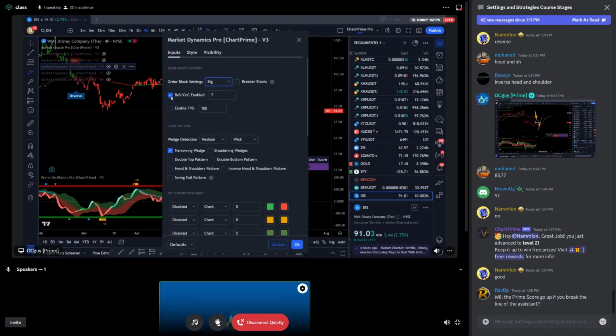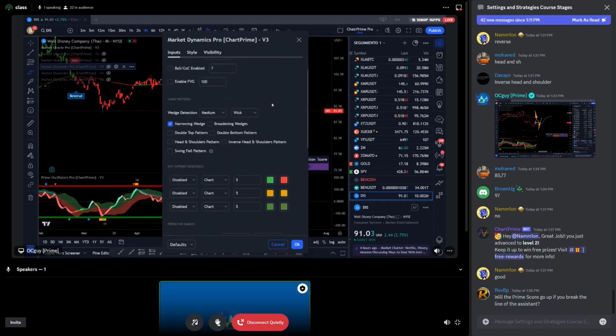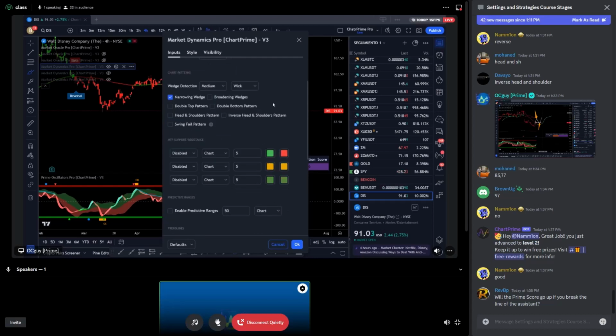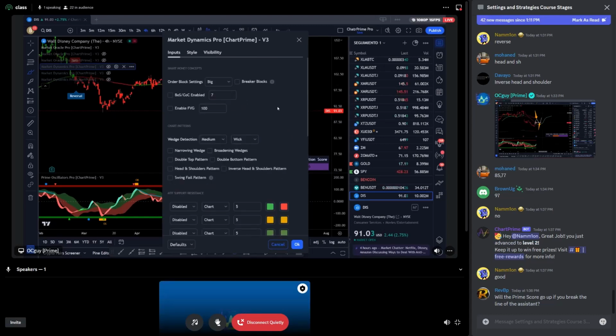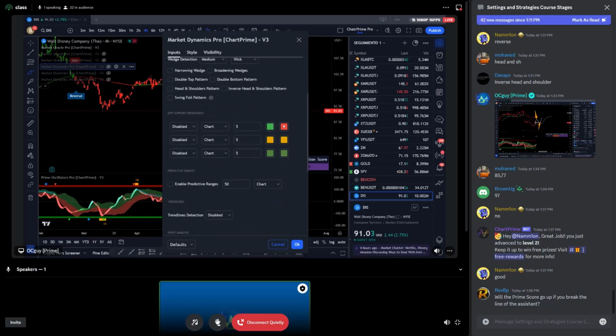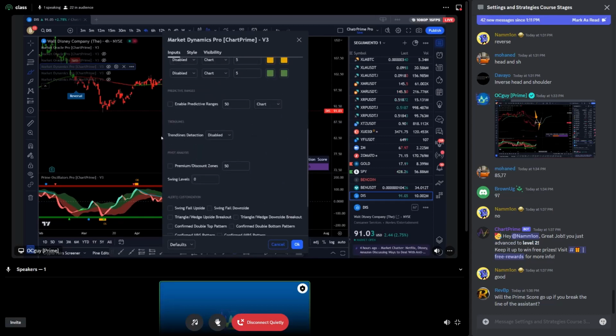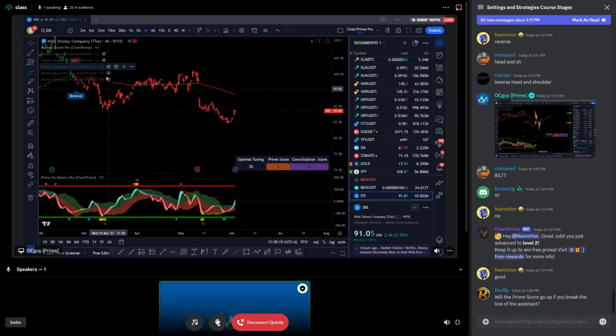I will not be looking at break of structure and change of character because I can already determine when I have a change of character or break of structure based on my trend assistance. Remember, I showed you the head and shoulder lines. It's basically the same thing, right? So let's just not use them. Let's not add noise to it if I can get it out of something else. I'm not going to be using the wedges, not in this one. And that will be basically it. So order blocks, and that's it. So order blocks it is.